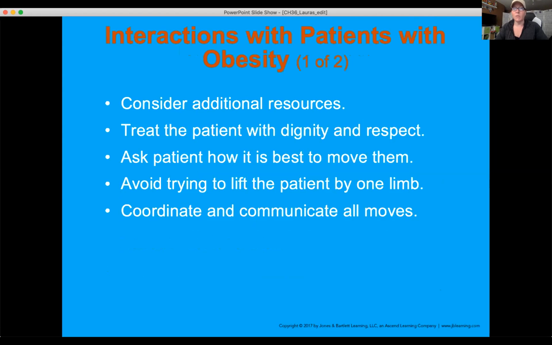We do have different types of assistive devices as well to help pick up bariatric patients who fall. Talk to the patient about how they normally move. Be very careful moving your patient by grabbing one limb or just trying to pull on them. You're going to hurt yourself and you'll hurt the patient. And then when we put the rails up on the gurneys, be careful that you're not catching skin, right? Those can be pinch points. Make sure that they're buckled appropriately. And then think about how your gurney fits on the axle.